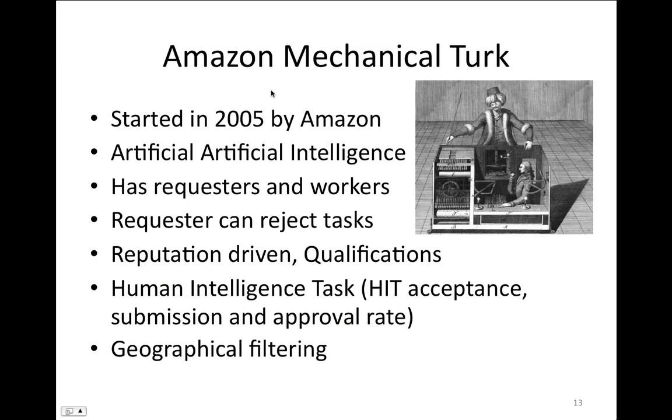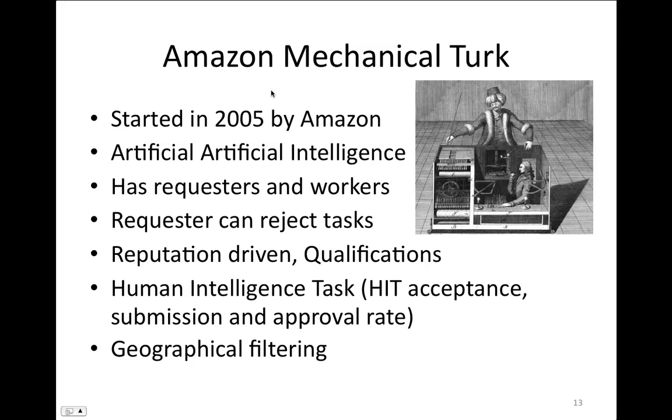And what it is. Mechanical Turk was founded by Amazon for its own purpose, which was to verify their own images and to somehow check their online retail stuff. It's artificial intelligence. The title was inspired by the story of this faked machine chess player, which was being moved into different towns in Europe and was playing chess with people, and they were claiming that it's